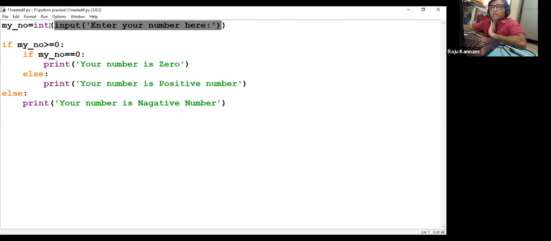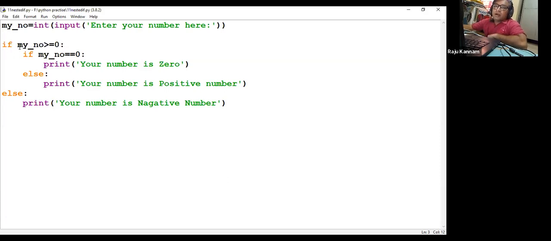So we need to convert into an integer by using the int function. This we have already discussed in typecasting. The number will be converted into an integer and stored in the variable called my_number.